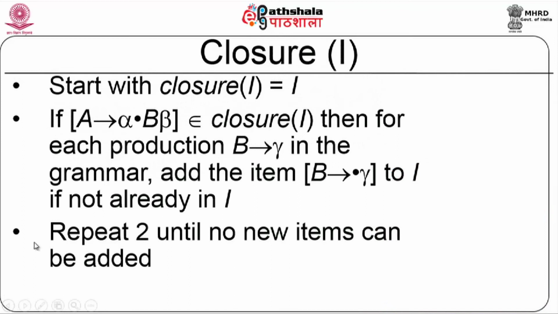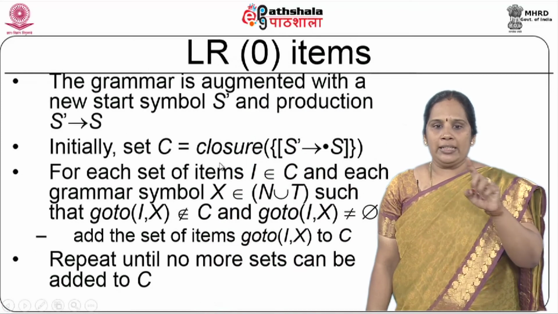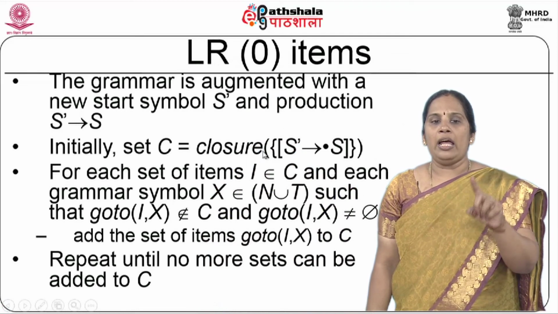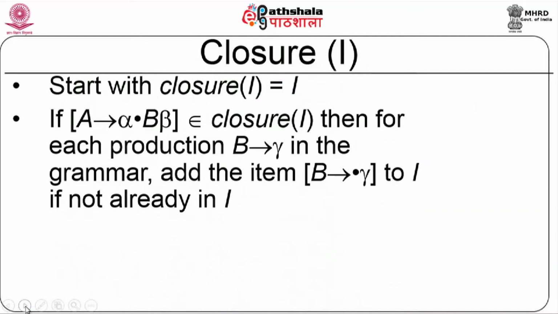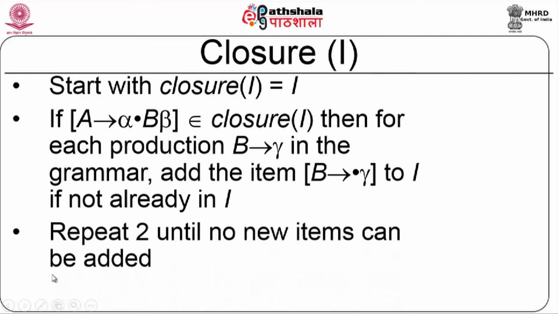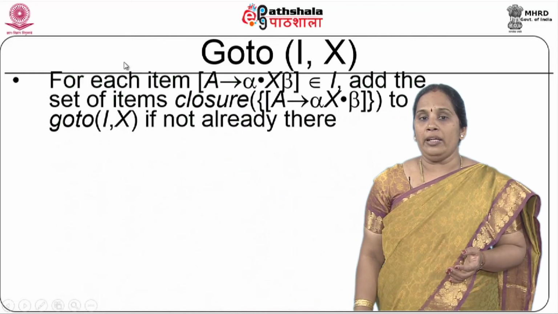So, you have to find closure of I and goto of I. If you remember LR(0) items, it starts with closure of this, okay, and then you have to consider goto also. So, what do we say? Closure will be just looking at that particular production, adding that, and if there is a dot before a non-terminal, you add the productions of the non-terminal with a dot in the beginning. This is closure. I am constructing one item set here, okay. Now, goto will be done for all I comma X, where X can be a terminal or a non-terminal, where this X is appearing after the dot.